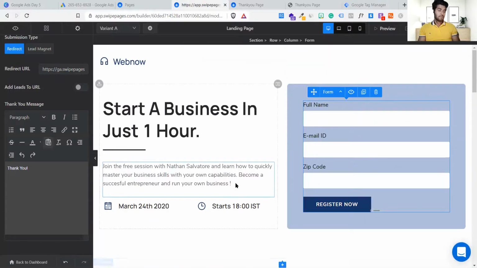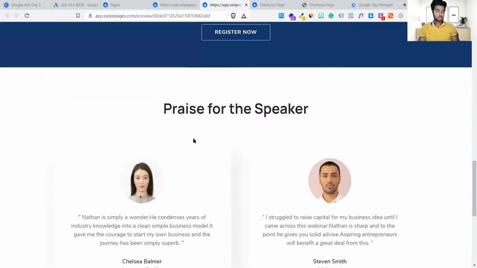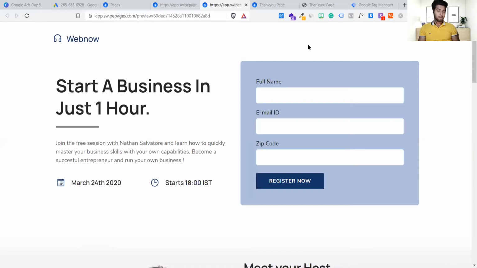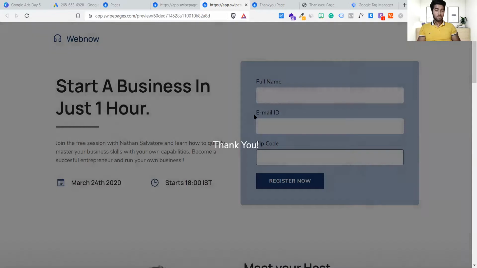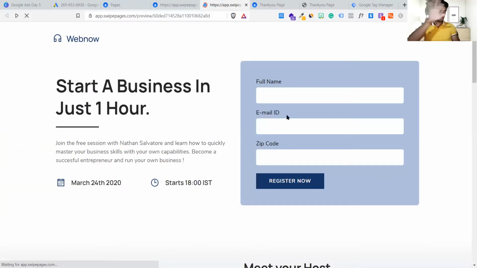All right. So this is how the page looks, for your information. Suppose I'm just giving you my example here, and I put in my information. The moment I give my information, you can see that it goes to a different page, which says thank you for signing up. Got it? There are two pages involved. One is the primary page I've just shown you, the landing page. The moment I sign up, it jumps to the next page, the thank you page.